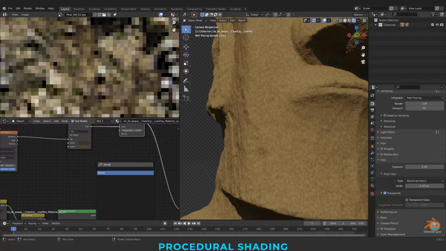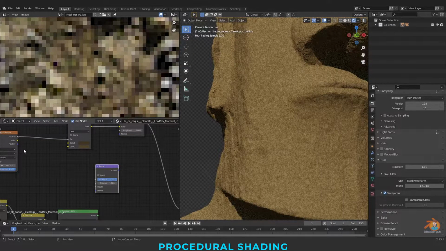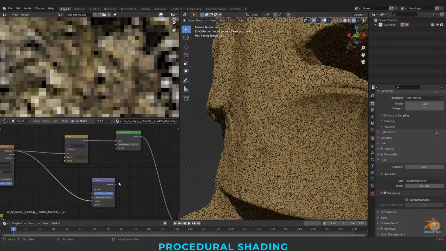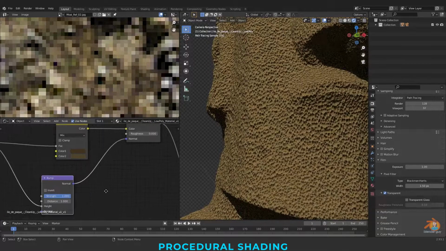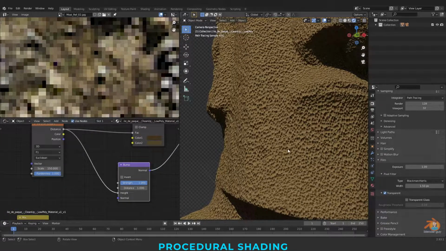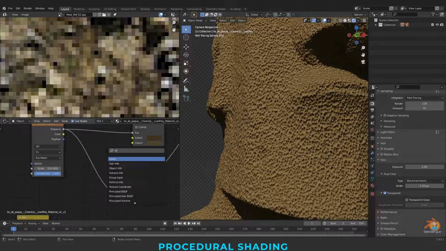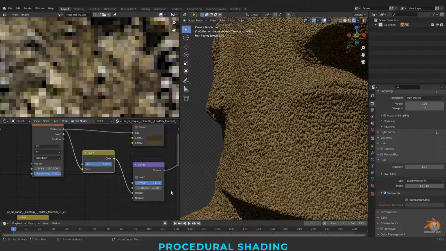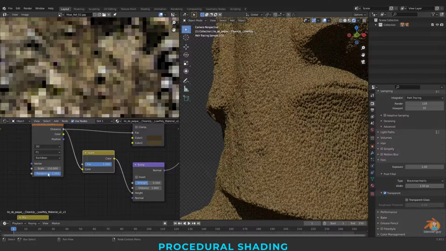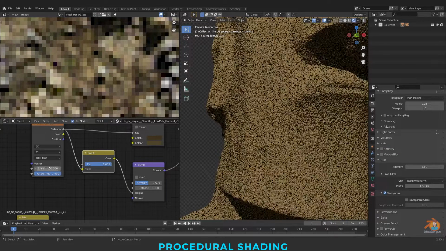Connect the bump. Again connecting this distance to height, normal to normal. I want this to be reversed, so I'm taking an Invert and connecting it in between, and the strength to be a little, and also my scale should be more.